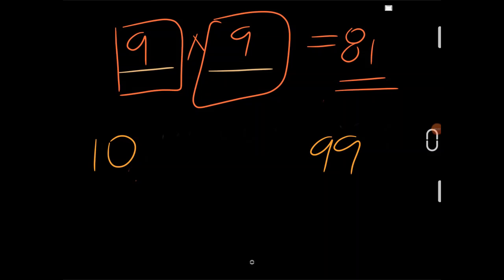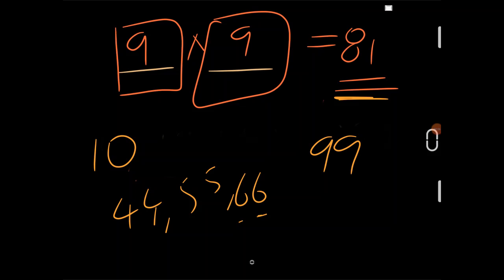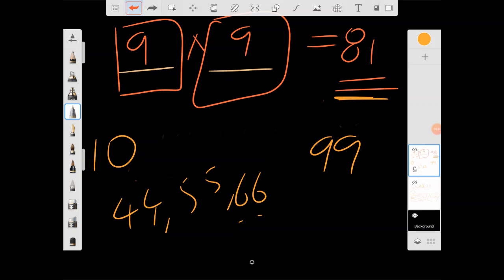By the way, I would like to add one thing: this 81 possibilities is in the case where we took that the numbers are not repeating. That is, we took 9 into 9. If the numbers are repeating, it becomes 9 into 10. That means 44, 55, 66, where the numbers are repeating. These cases we have not taken, right? Because we took the possibilities where the numbers are not repeating. That is why we got 81. But if you want to know exactly how many 2-digit numbers there are, even in the case of repeating numbers, then you have to take